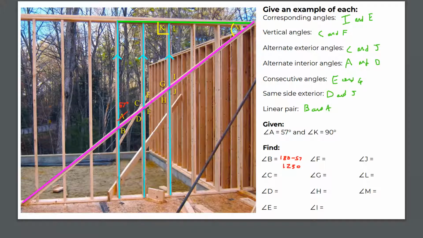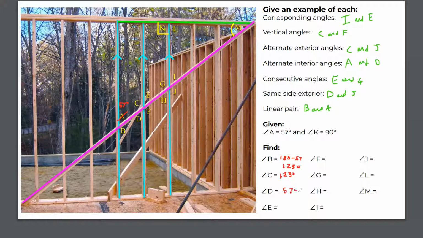Okay, so what about C? Well, C is an alternate interior angle with B. So it's going to have the exact same angle measurement as B. I also could have seen C as being a consecutive angle relationship with A, which still would have made it 123 degrees, right? D is alternate interior with 57, and D is a linear pair with C, which makes it